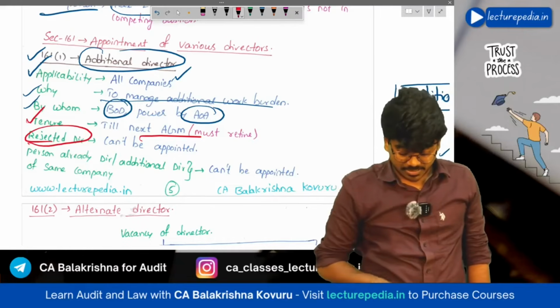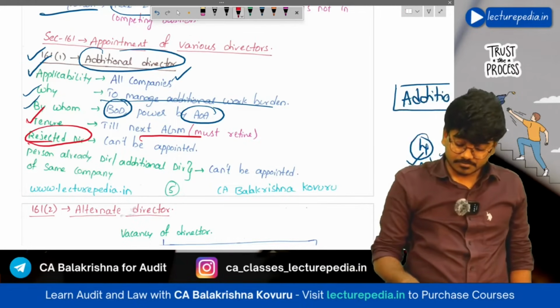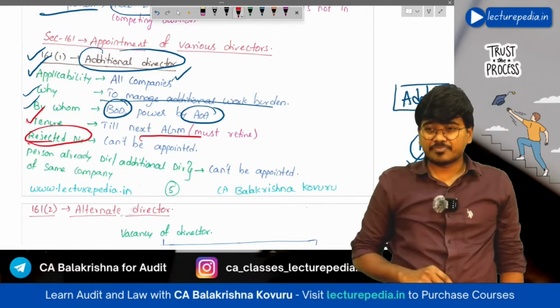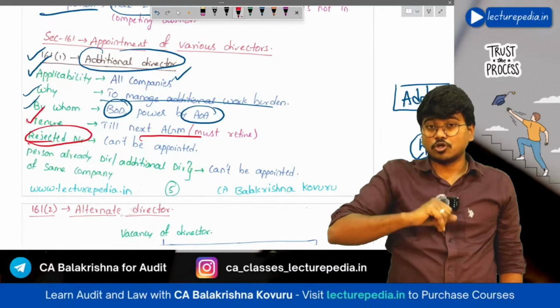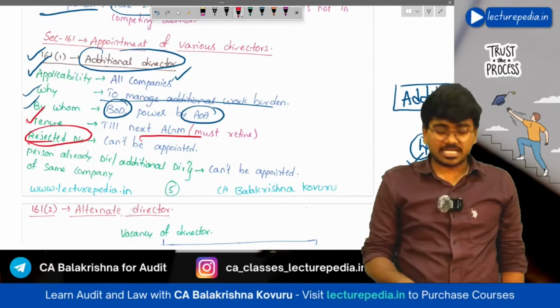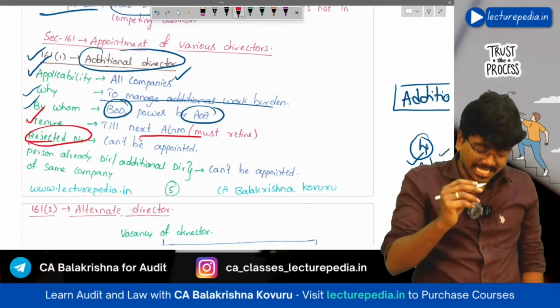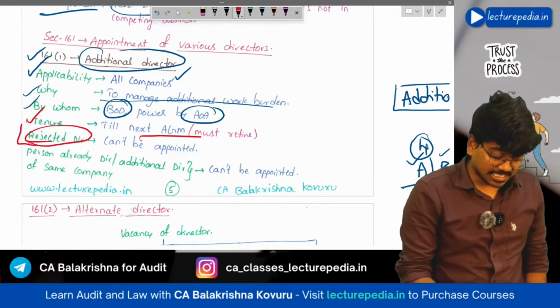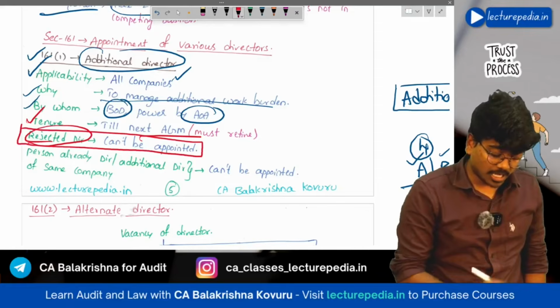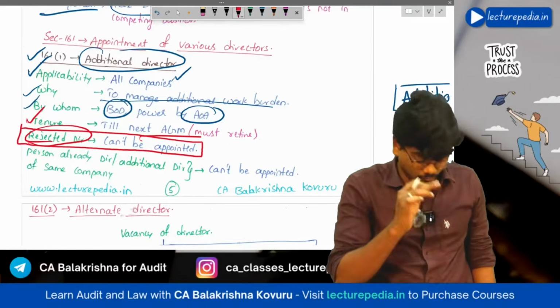See what happens here. The board of directors can misuse this section number 161 subsection 1. To avoid such misutilization, the Act has carefully inserted this point stating that a rejected director cannot be appointed as an additional director. Why? See,